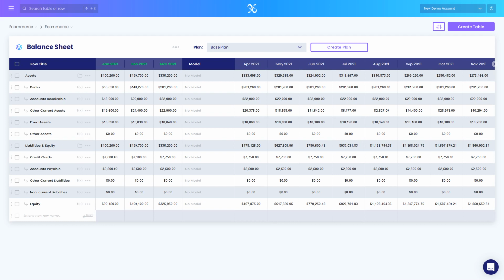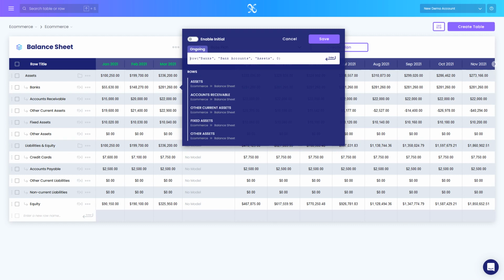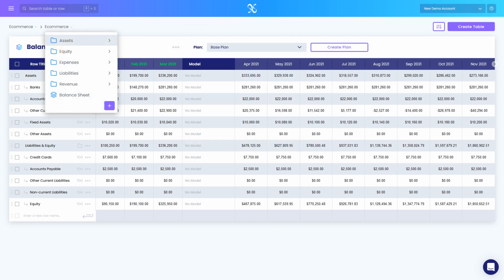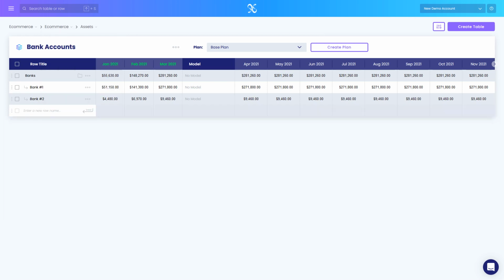And the other thing to keep in mind is that usually these accounts, like the balance sheet here, are using formulas and referencing lower level tables, right? So for example, you see banks here, you can always click on the formula and see where things are coming from. And the way to read this is coming from the row banks, from the bank accounts table on the assets space, right? So if I go here, find the assets space, bank accounts table, and click,